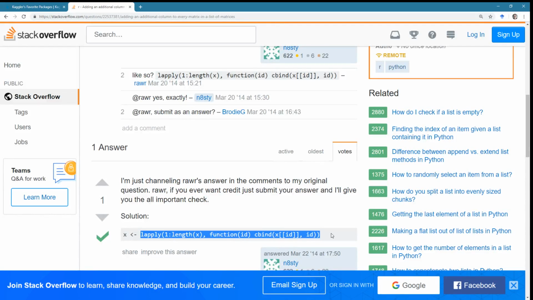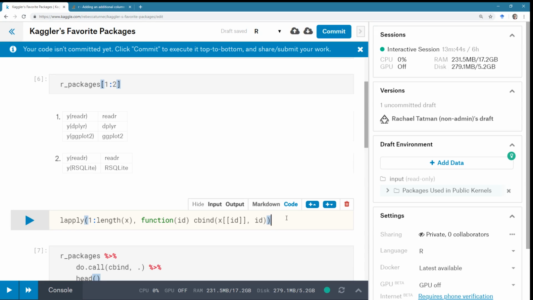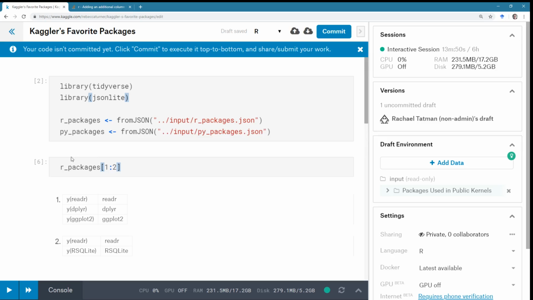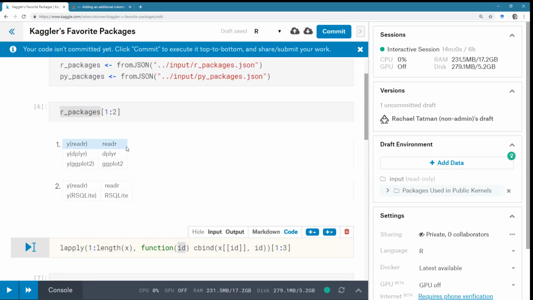Well, let's give it a look. Let's give it a little check. Let's give it a little look-see. See how this works. And then actually I'm just gonna take the first 3 there to see what that looks like. I'm gonna use this R packages. The thing that I'm confused about here is I don't know if ID is the thing that you want to column bind to the end of each matrix, or if it is something that we need to specify.